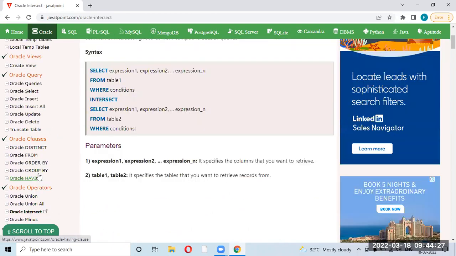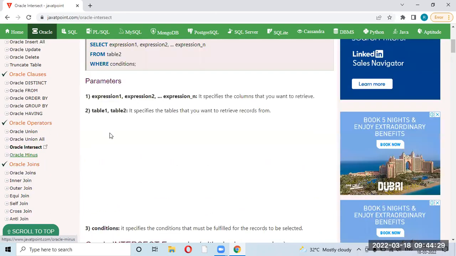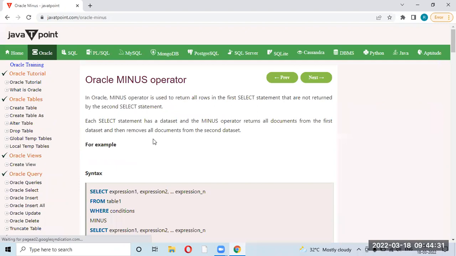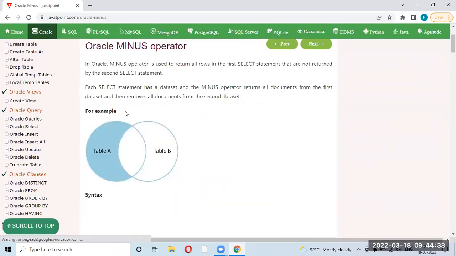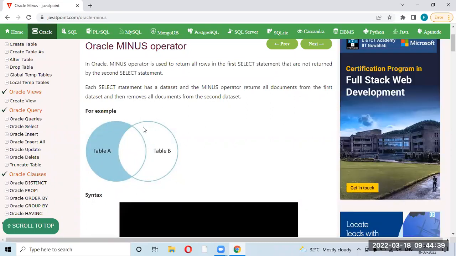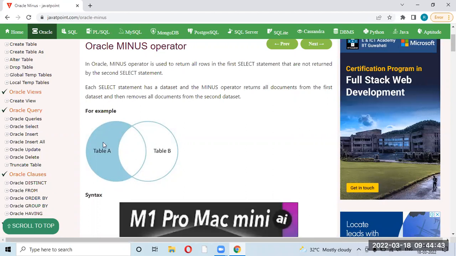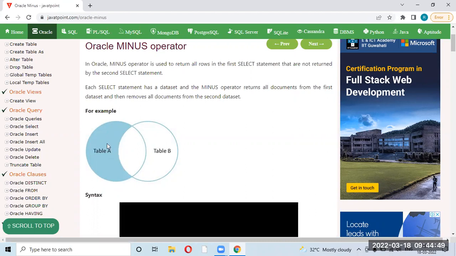And finally, minus means: all the records in table A, at max you can get that. If there is something common between table A and B, those records in table A will be eliminated and only the unmatched records from table A will be coming.